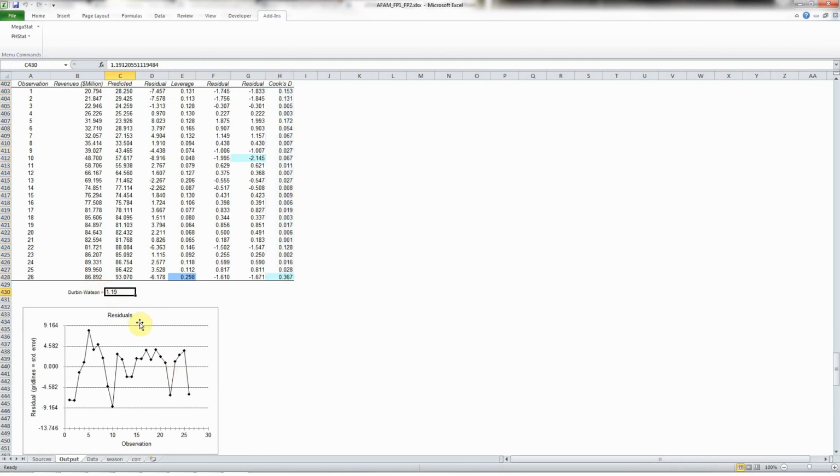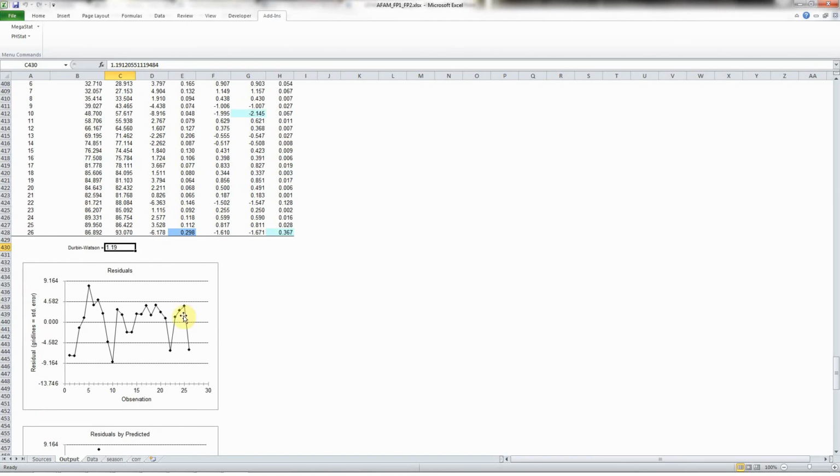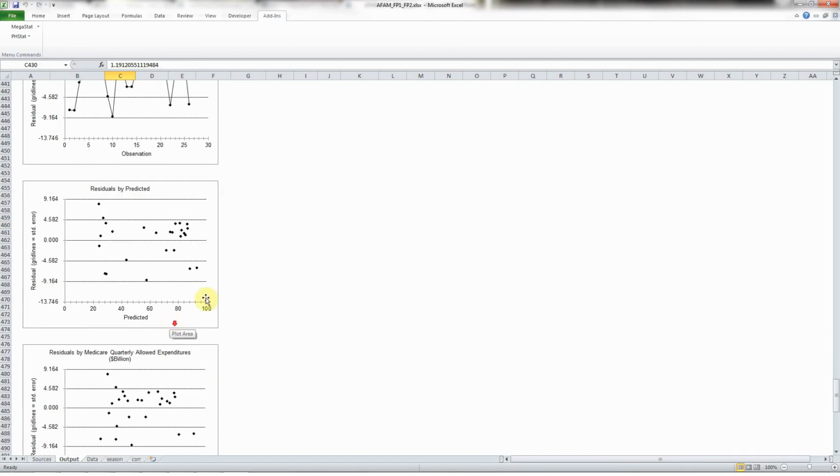What I do notice is that the Durbin-Watson is less than 1.3, and I do see a snaky pattern here for the residuals. That's not good. And so I might want to reconsider using this model. Or I'm going to have to do something to fix this Durbin-Watson, either add a lag or add another variable that's not correlated with this much. That's not going to change things. I'm looking at the residuals by predicted,